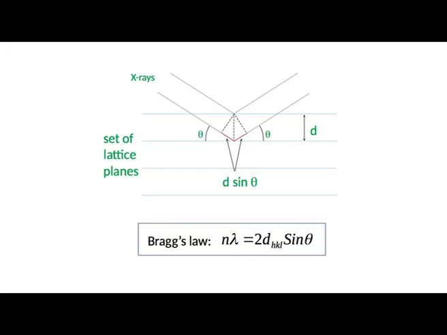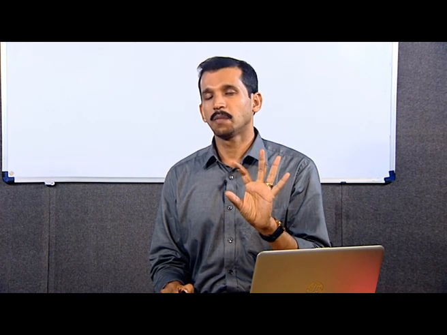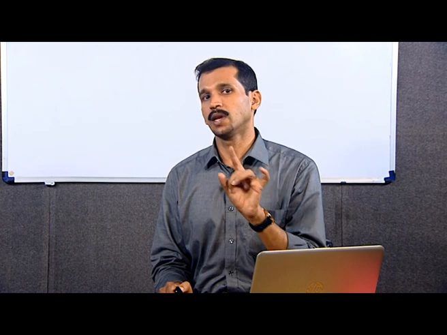In the figure, I have plotted a set of lattice planes. Imagine that you are using X-rays to probe this lattice structure. The X-rays come through and then are scattered. Imagine that you are taking only those diffracted beams which produce constructive interference, and the distance between the planes is again assumed to be d. And if your scattering happens at an angle theta,